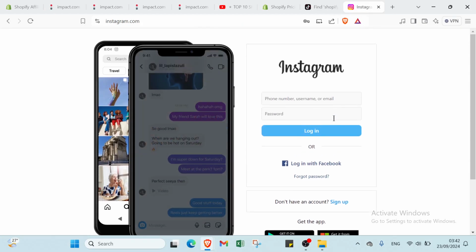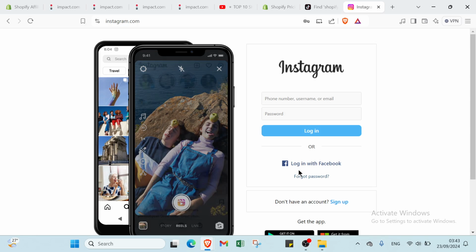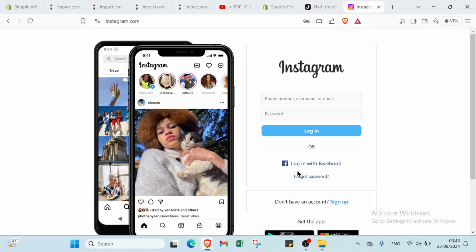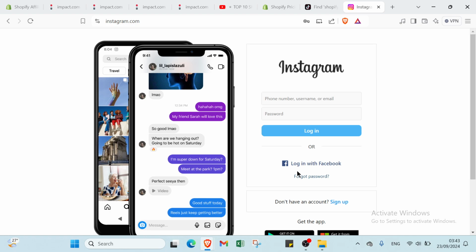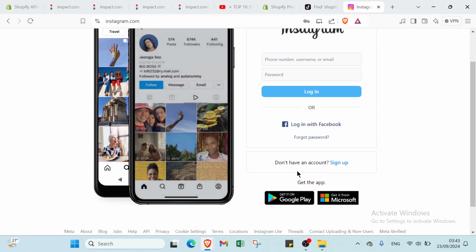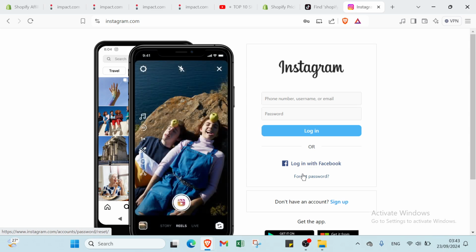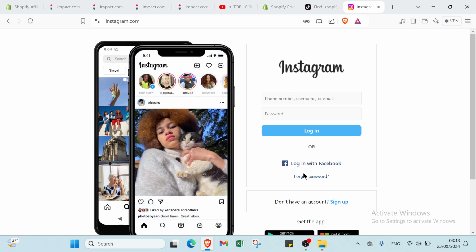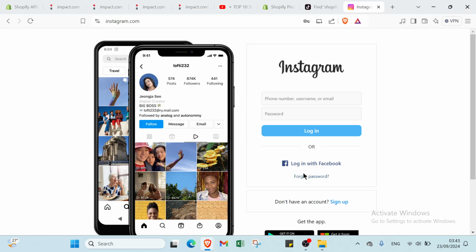Then we have Instagram. So Instagram is perfect for visually showcasing products, making it a key platform for affiliate marketing. Utilizing shoppable posts, you can tag products directly in your images, allowing followers to easily explore and purchase. Stories are another effective tool. Share quick recommendations and utilize the link sticker for seamless access to your affiliate links. Additionally, creating engaging reels can help you tap into a broader audience while highlighting product features in a dynamic way. Consistency and authentic engagement with your followers will help you build a loyal community that values your recommendations.